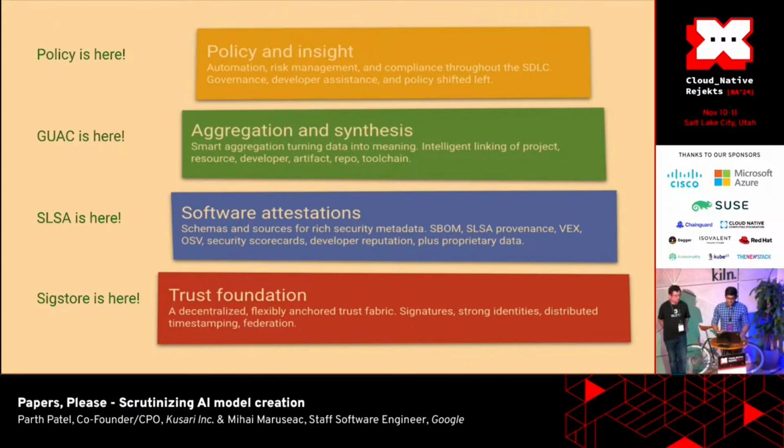And then the next piece is GUAC, which is the Graph for Understanding Artifact Composition. And I'll go into it a little bit deeper in the next slide. But basically, you have all this SLSA attestation, all this metadata that's lying around. How do we take this information and make it usable for us? I want to automate policies around it. I want to gain some more insights. Can I use this information? It's going to be separate documents. Can I take all this information, throw it all together, and then can I use it for policy? So that's where we're getting to.